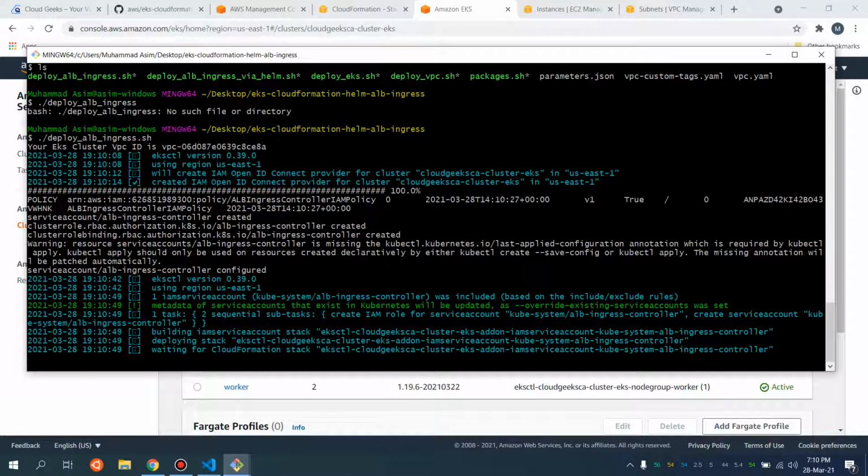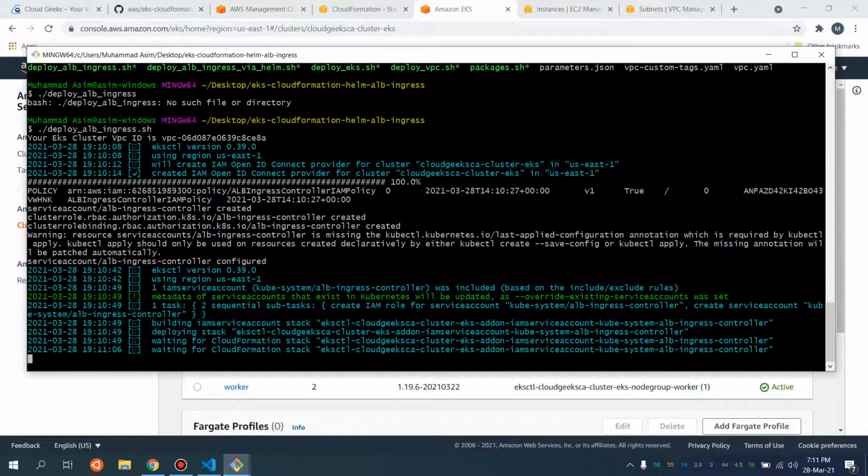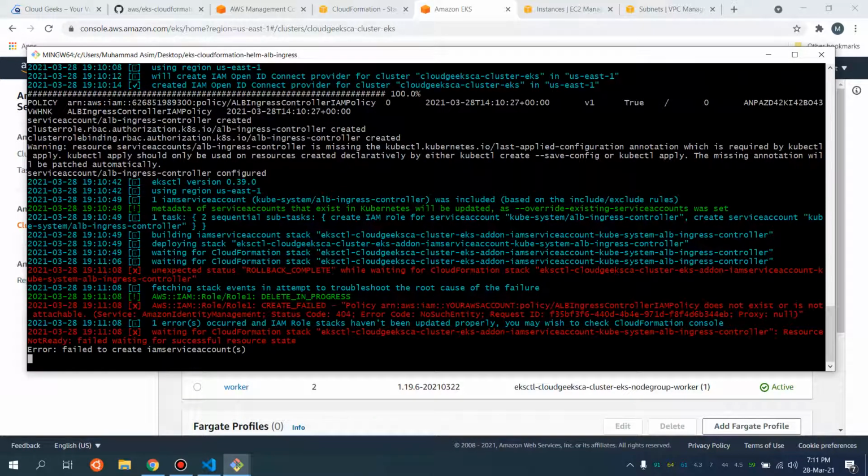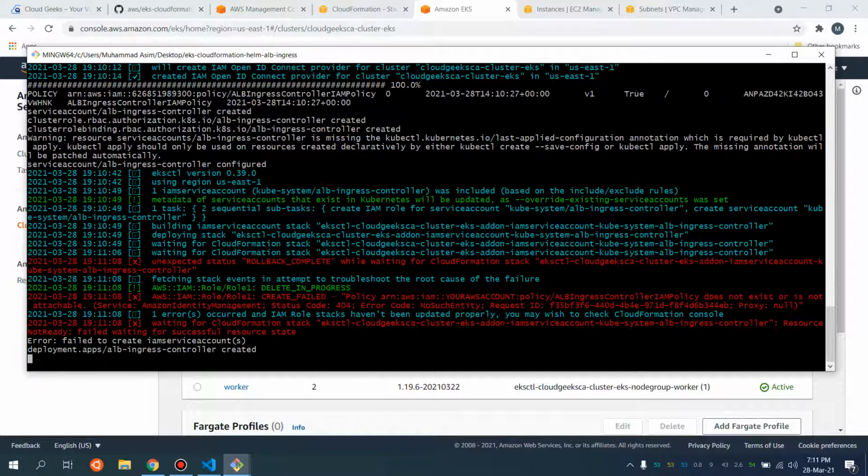This will not take a long time, and I will show you that it is deployed. So pretty much automated stuff. That is how you can spin up your infrastructure in dev, prod, and QA, and how easy it is if you use eksctl.